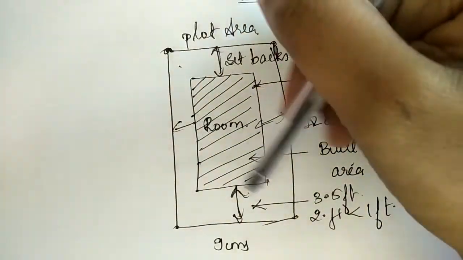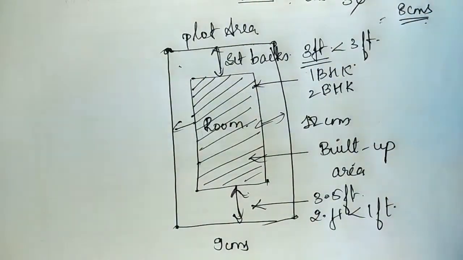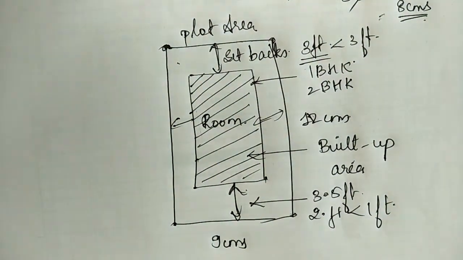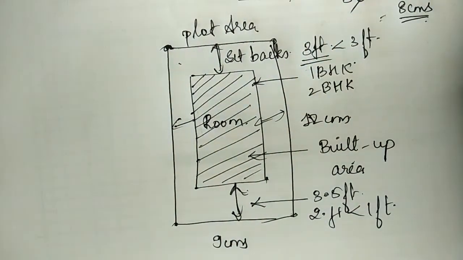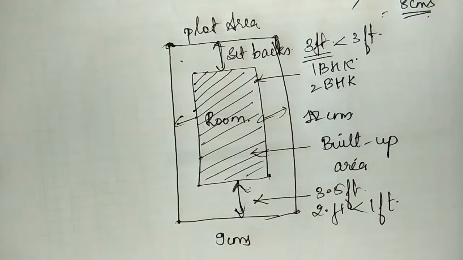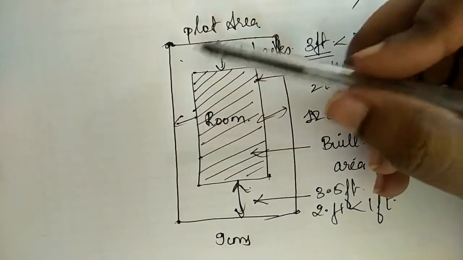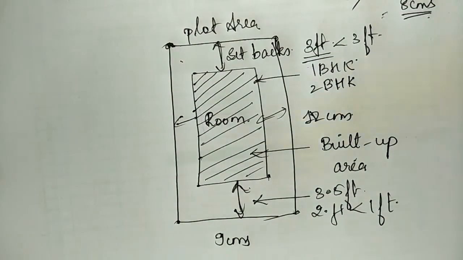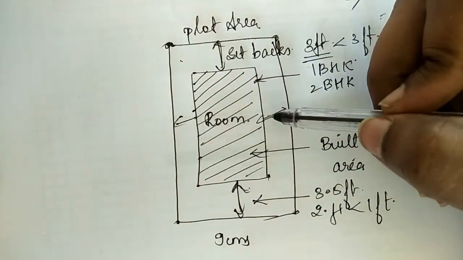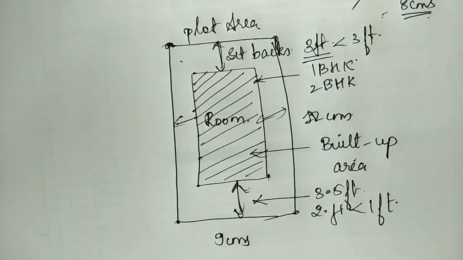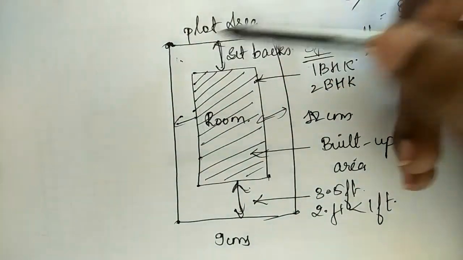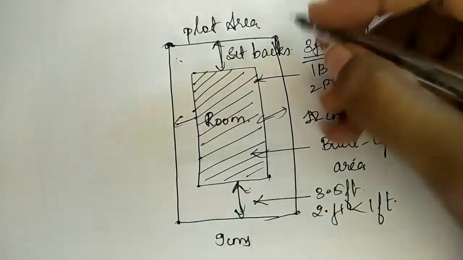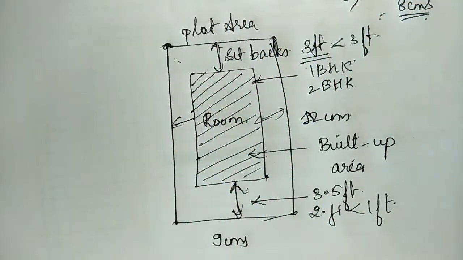But जो आपके setbacks रहेंगे, I've already given you the setback limits. You just go to the previous videos and see what the different setbacks are according to the plot area also. अगर plot का area small है तो आपको setbacks कितना maintain करना है. If it is big enough, then according to how much space is required, you can leave it. Okay, but the setbacks are very important because you should not encroach on the neighboring people. That is, you're not going to enter the neighboring people का जो भी land रहेगा, there you're not going to come in contact with that.